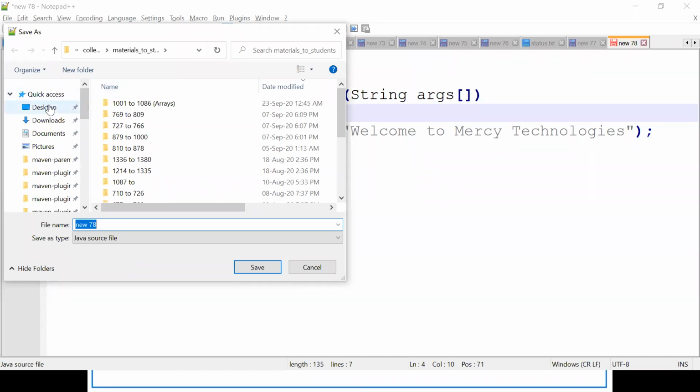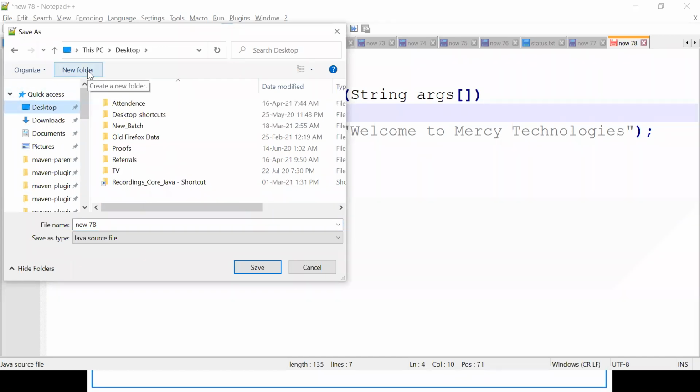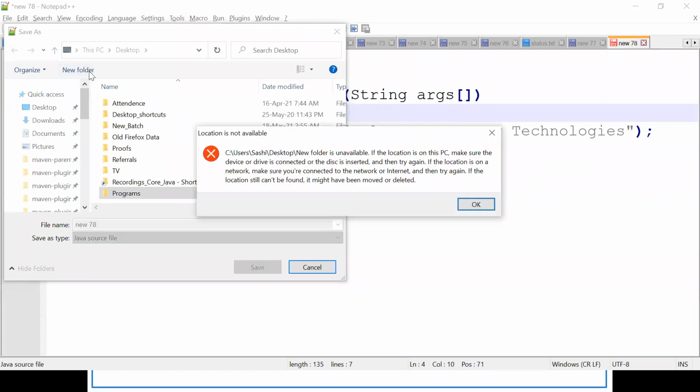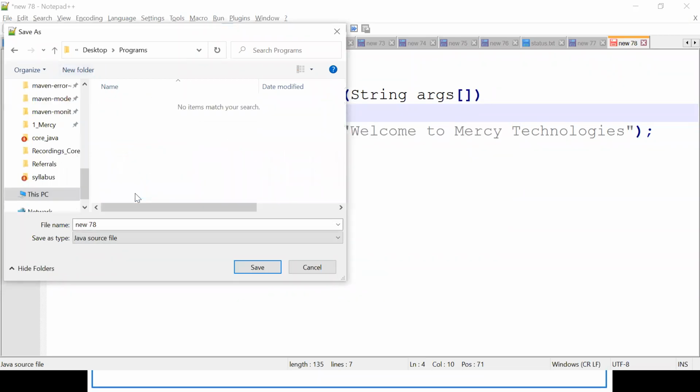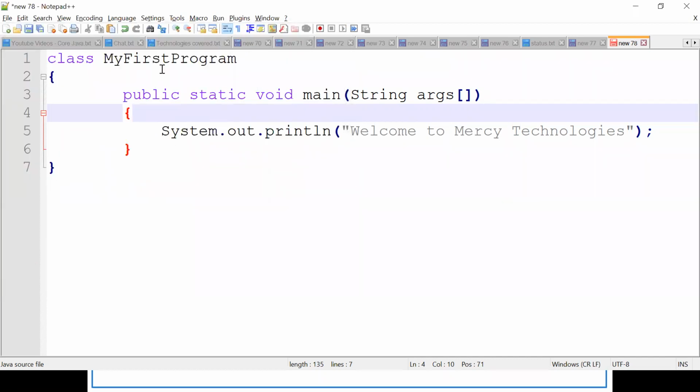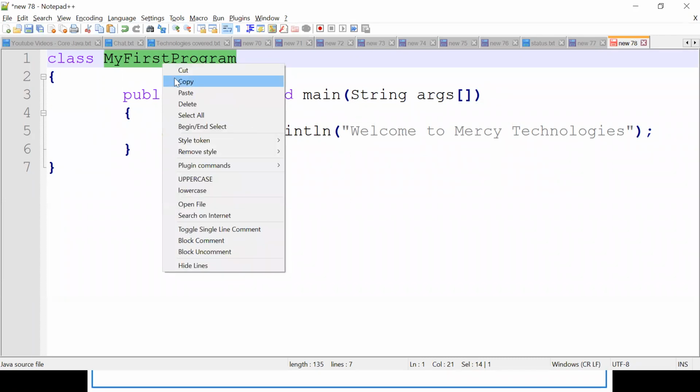I'm going into desktop. I'll create one directory called programs, right? Okay, I have created it. And one more thing is, whatever the class name is, the file you are saving should have the same name. Copy the class name, select it, copy.